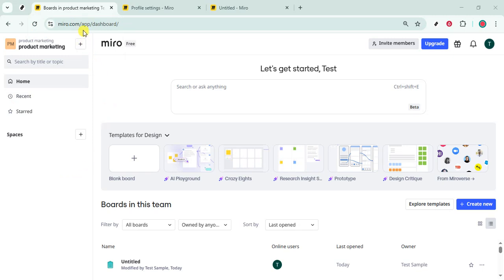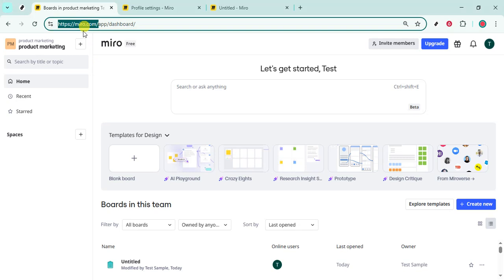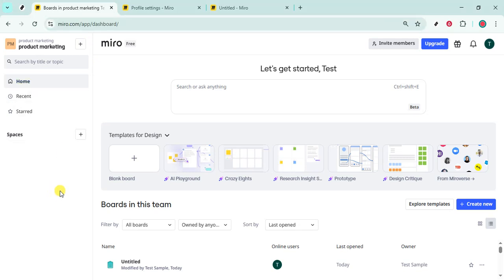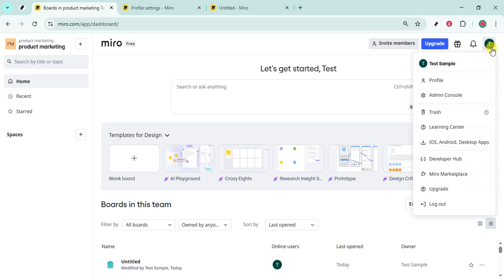Start by heading to Miro.com in your browser. If you're already working inside a board, that's fine. Your account controls are available site-wide. Once the site loads, look for your workspace dashboard. That's the main hub where your boards and teams are listed. Having the dashboard visible just makes the next steps easier to follow and ensures you're in the right place to